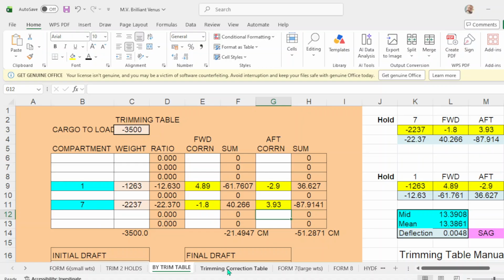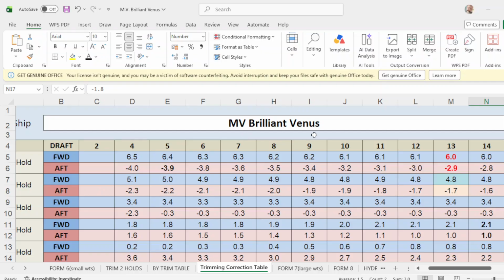So in number 1, this is the correction table, hold number 1, and as much as possible you apply this drop to your nearest drop, which is 13.39.